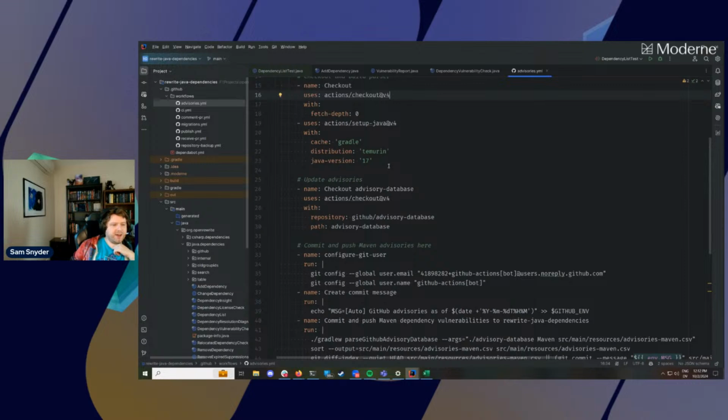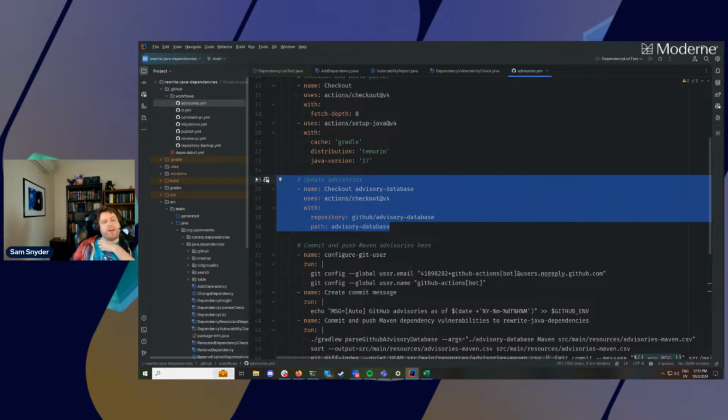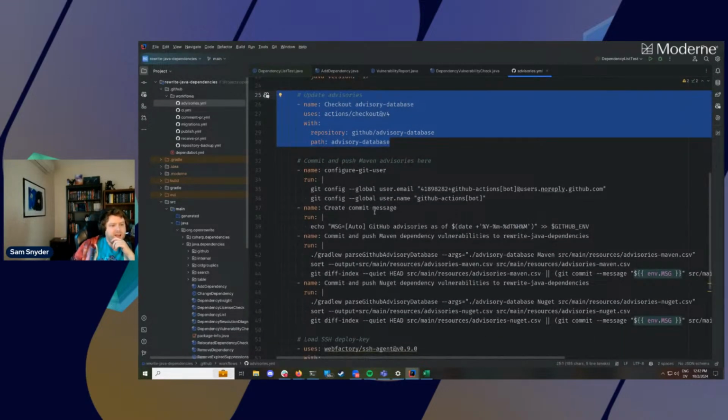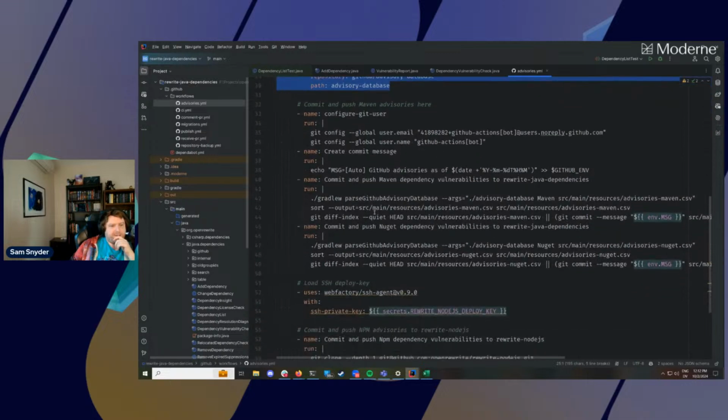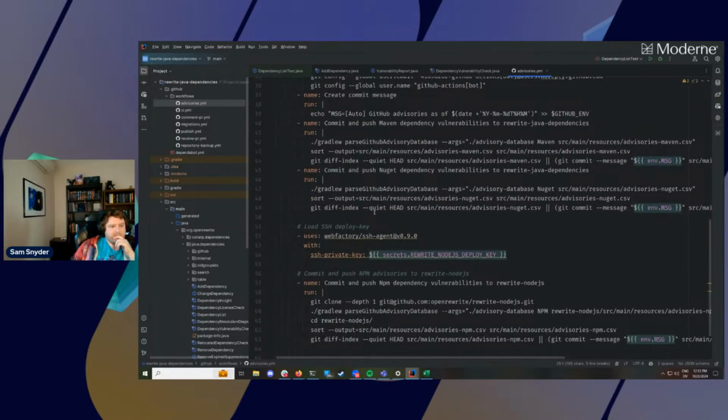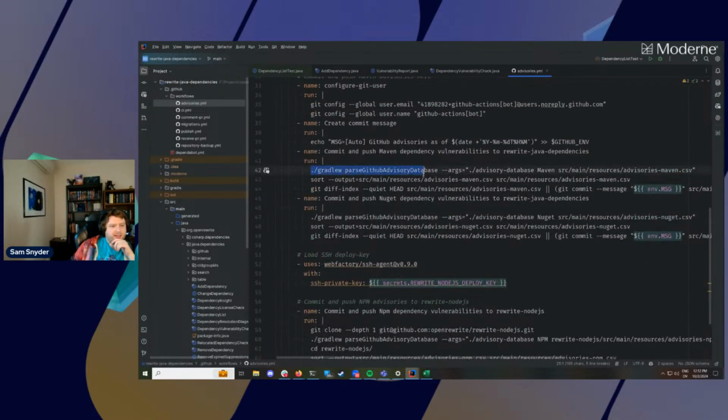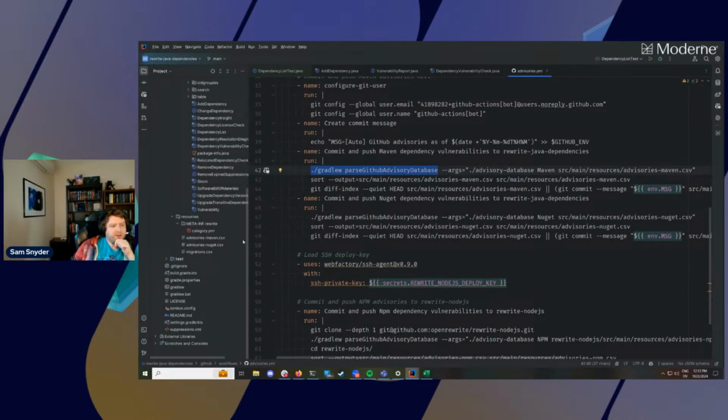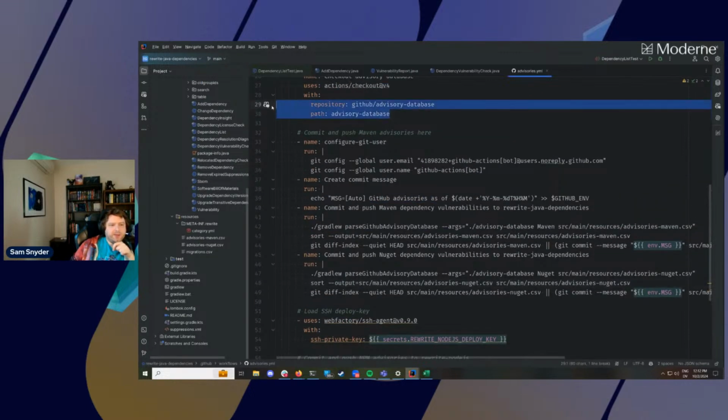It will go check out the repository on CI, and it'll check out the GitHub advisory database, which is an action provided by GitHub, not one we came up with. This is just a service GitHub provides to its users, so anyone who uses GitHub CI can take advantage of that. And then we configure a Git user in order to run a Gradle task called GitHub Advisory Database, which we can go see defined in the build.gradle in a minute here,